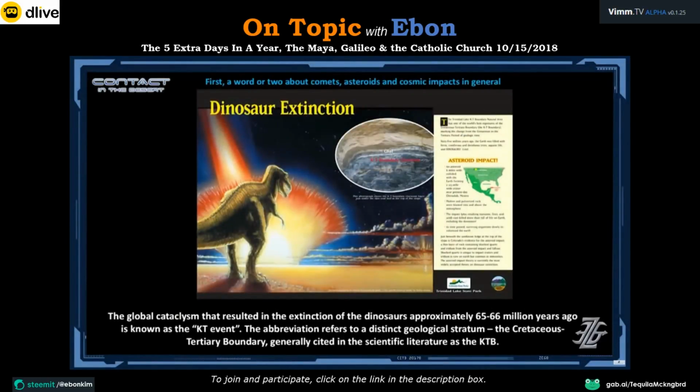Briefly on comets and asteroids and cosmic impacts in general, we all know that the dinosaurs were made extinct by a cosmic impact, and there's still arguments about whether it was a comet or an asteroid. It's often referred to as the KT event, or these days the Cretaceous Paleogene event. They keep changing the name. It happened about 65 million years ago. A large asteroid or comet fragment smacked into the Gulf of Mexico, created a global firestorm, a giant cataclysm, and in that cataclysm,